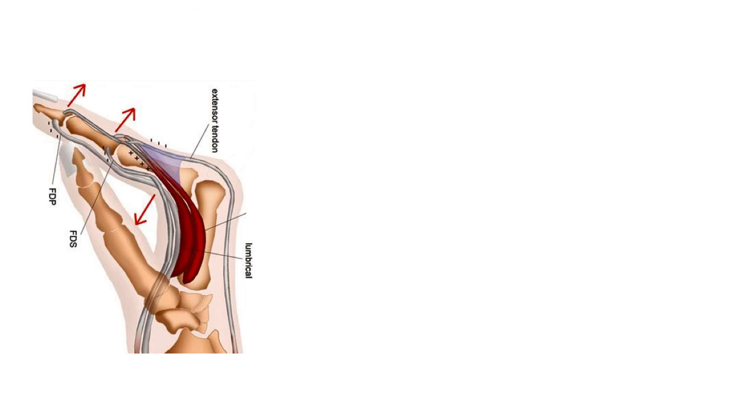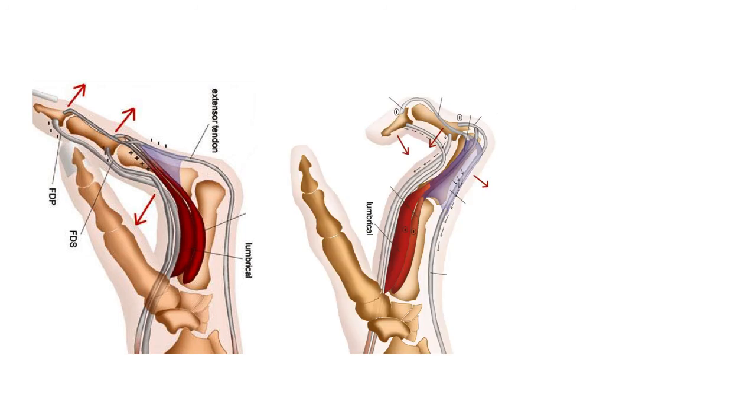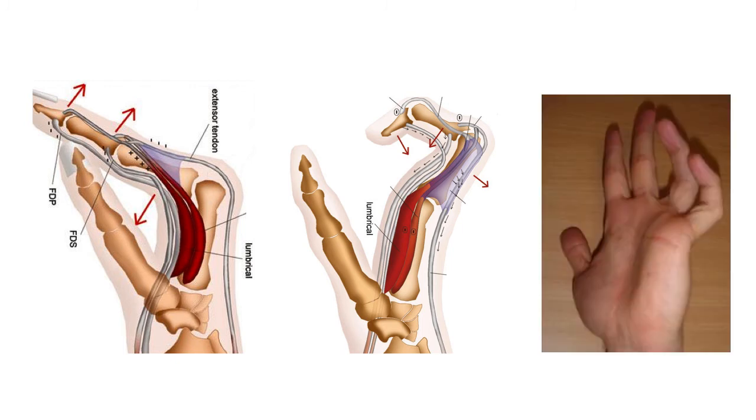So when the lumbricals are paralyzed, the action should be reversed. That is, the metacarpophalangeal joint should be extended and the interphalangeal joints should be flexed. And the clinical picture resembles like this. So this hyperextension of the metacarpophalangeal joint and flexion of the interphalangeal joint